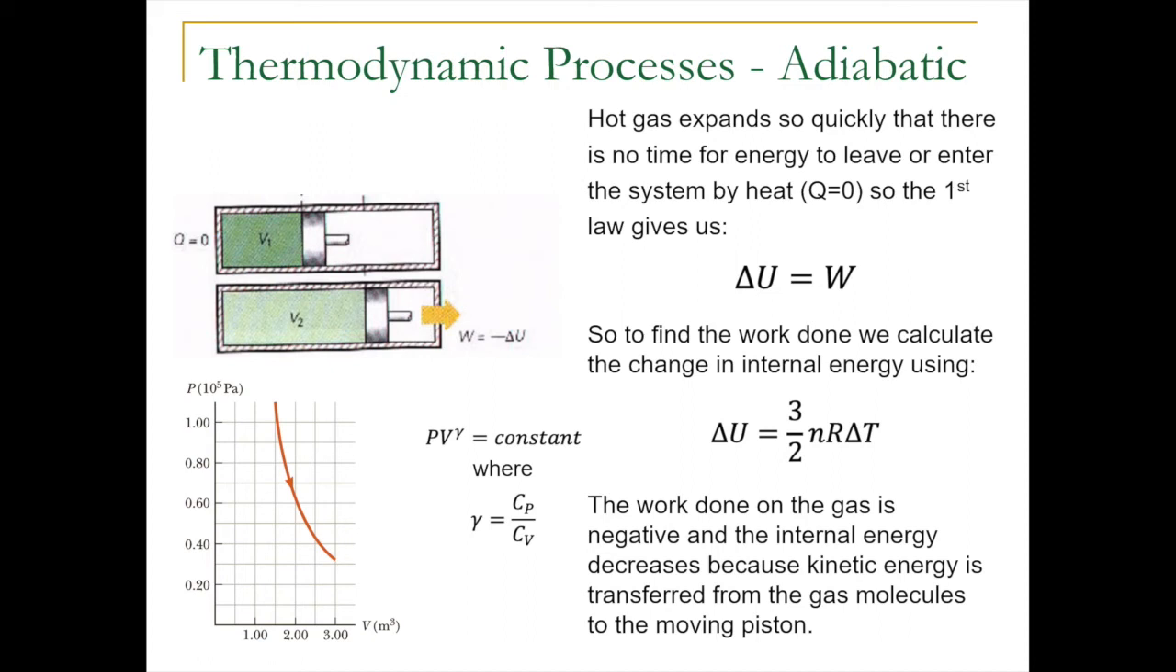And so we can simplify our first law of thermodynamics to be the change in internal energy is equal to the work alone. So how do we calculate the work being done? Well, we already have our equation for our change in internal energy. That's 3/2 nR delta T. The thing that we have to remember, though, is when we calculate that, the work being done on the gas has to be negative, and that's because the kinetic energy is being transferred from the gas molecules to the moving piston. So this idea of the macroscopic energy associated with the gas itself is now being transferred to the movement